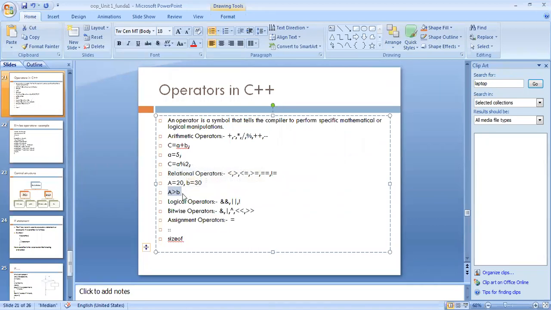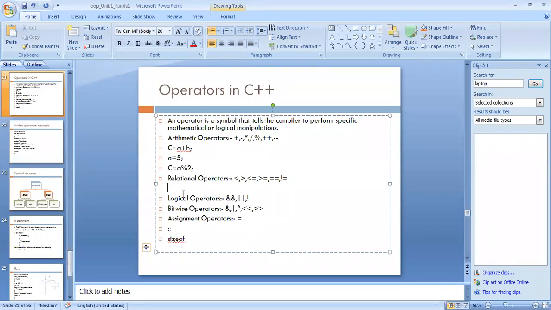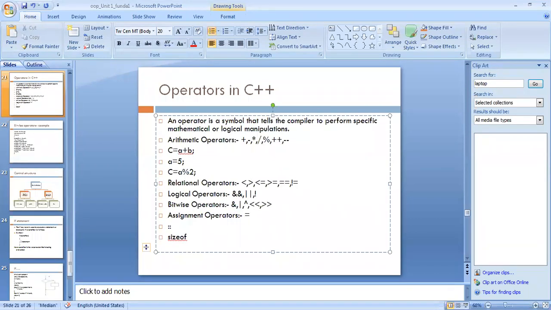It means relational operators are used to compare two variables. The different relational operators are greater than, less than or equal to, greater than or equal to, equal to, and not equal to.